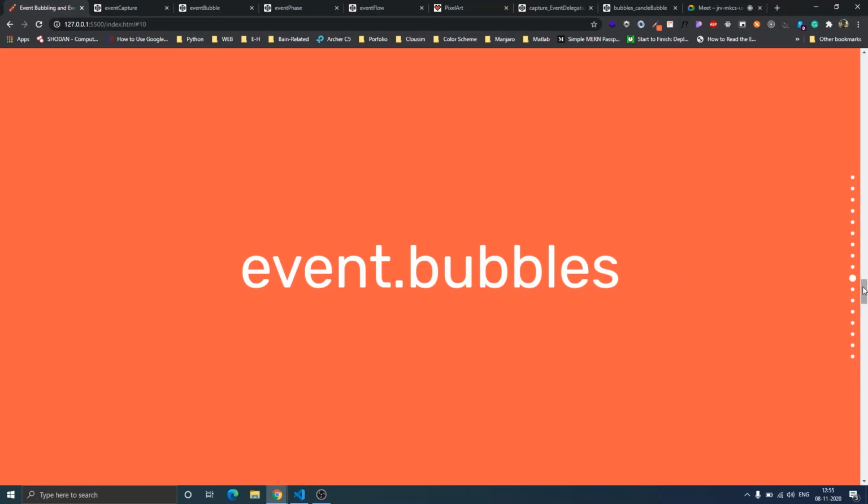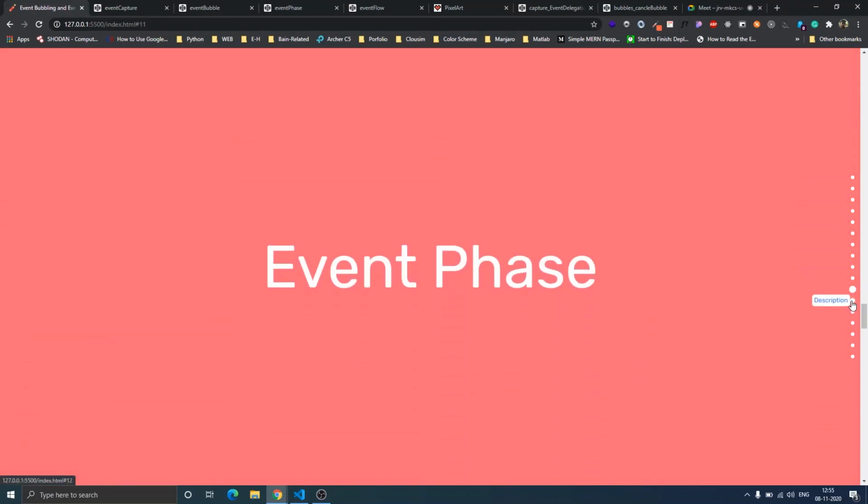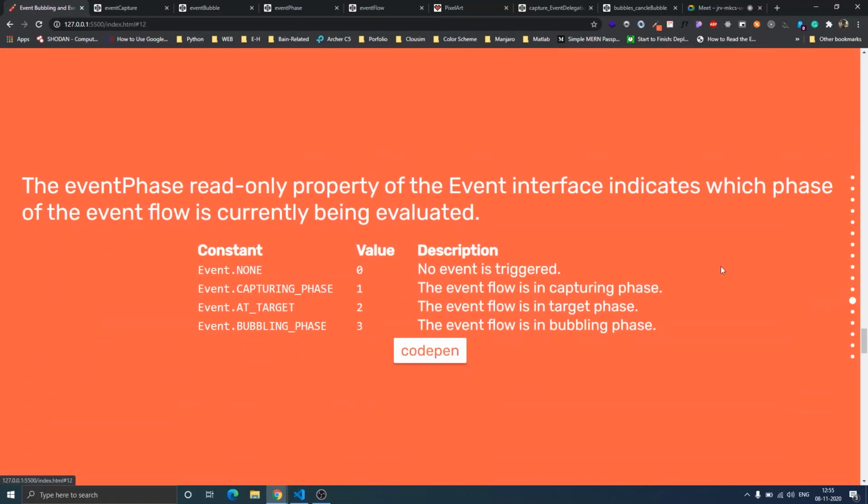Okay, so next one is eventPhase. Event phase is also a read-only property, and it helps you check which phase is currently running. You can see these are the constants, the default values.